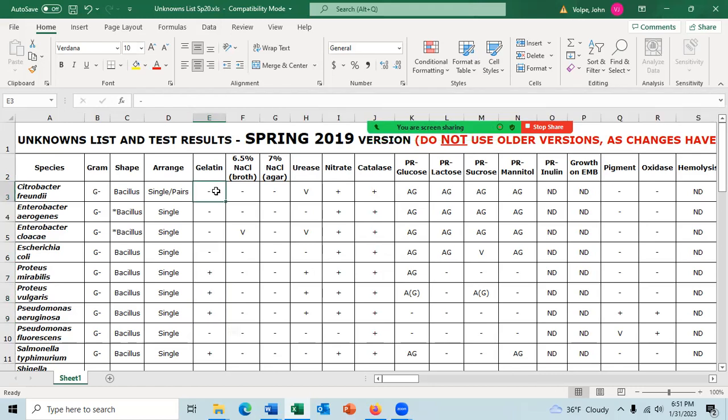The negative ones are ones that do not have gelatin hydrolysis. So if you were to run the gelatin test, the gelatin would remain solid. If the bacteria has gelatin hydrolysis, then they'll be positive in the gelatin test and the gelatin will turn liquid.